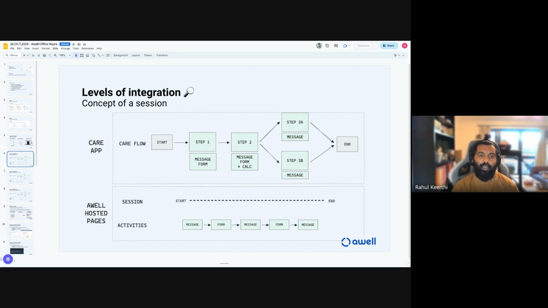Now, the Careflow essentially matches all of the activities that you want them to do. So you can see the Careflow at the top, and if you look down, this dotted line is the duration of the session. It lasts from the start all the way to the end of the Careflow. It's kind of one-to-one. So when we break this down into the activities, going back to what I mentioned earlier,